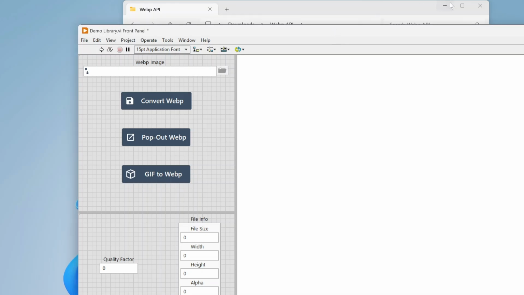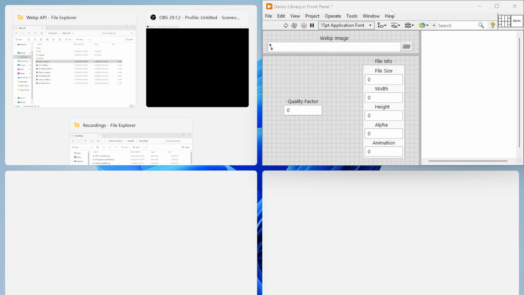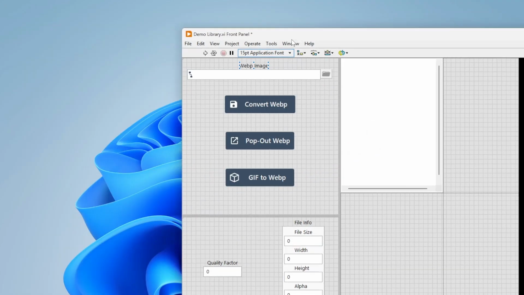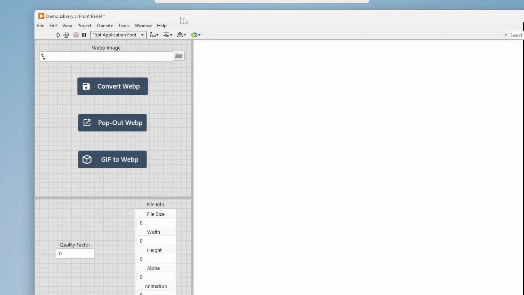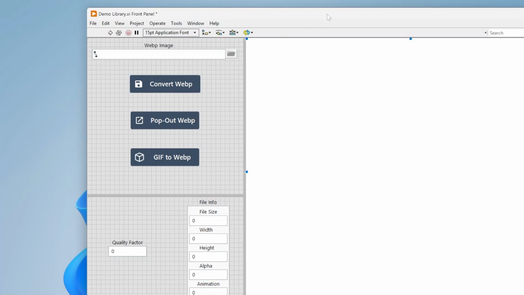Hey everybody, so today I just wanted to share an open source tool with everyone. This is going to be a library for working with WebP images in LabVIEW. If you don't know what WebP images are, essentially this is an image standard created